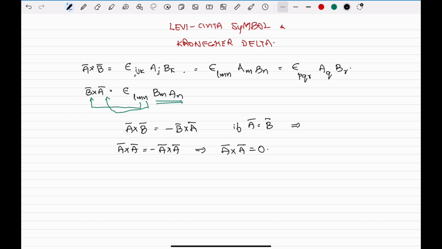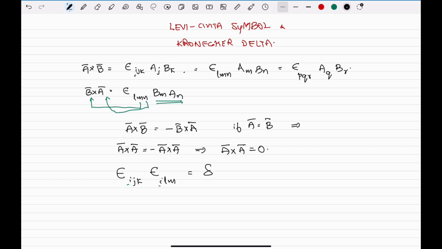Now another major relation we have written: epsilon ijk, you can use lmn, pq or whatever you want to use, absolutely no problem, into epsilon ilm. You just see, i is common in both. That is equal to